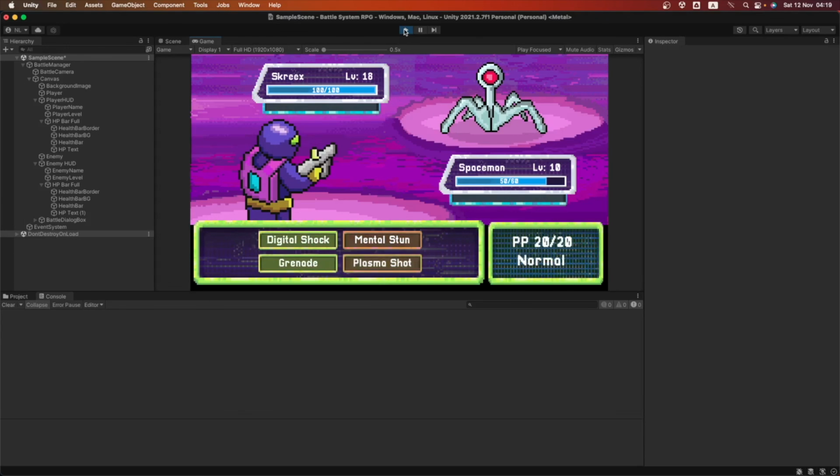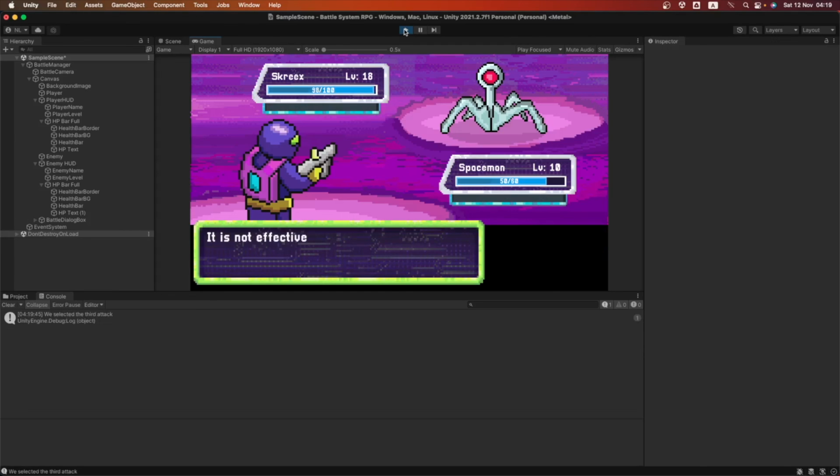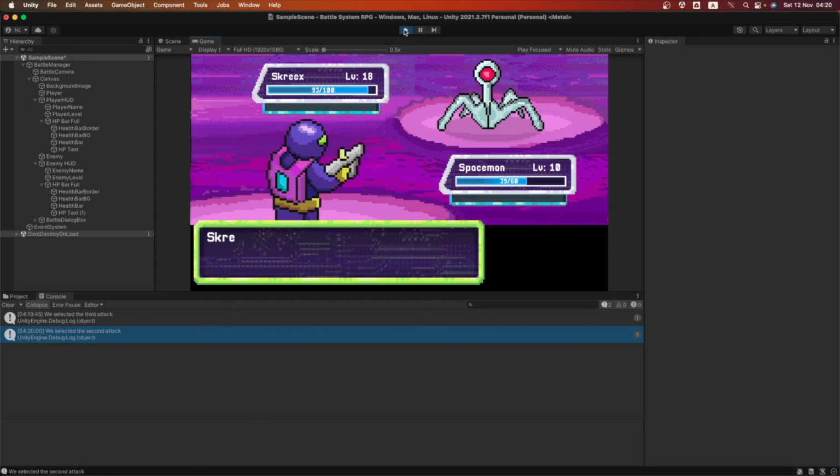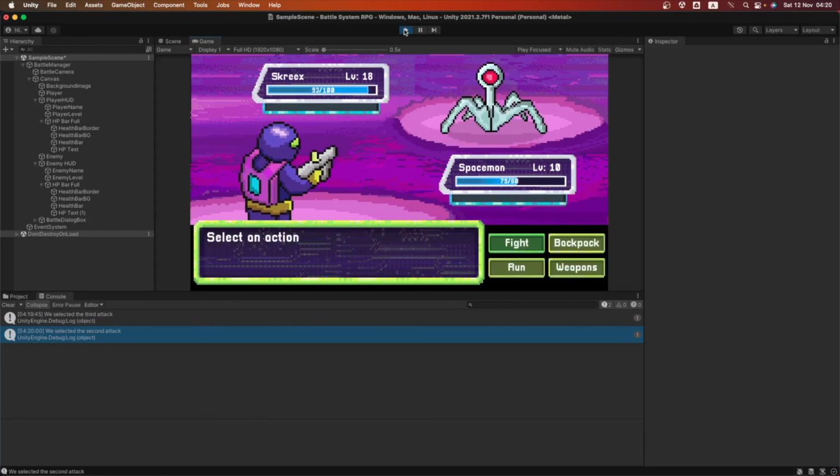And now you have a working turn-based combat or battle system, whichever you want to call it. Everything is working. And now you know in the code where you can implement whatever you want to happen in the game when you get killed or you kill the enemy.